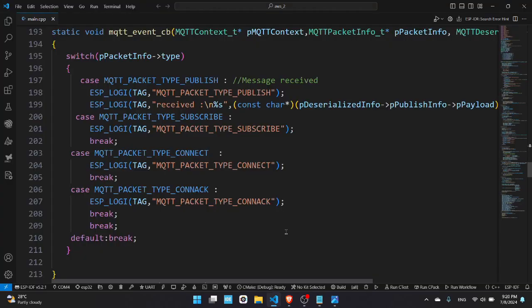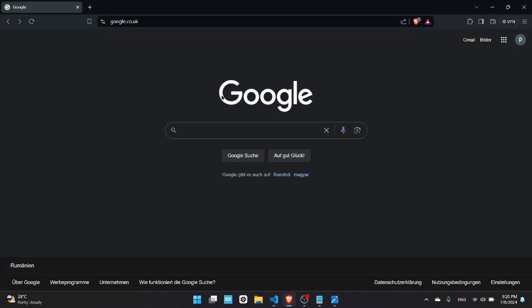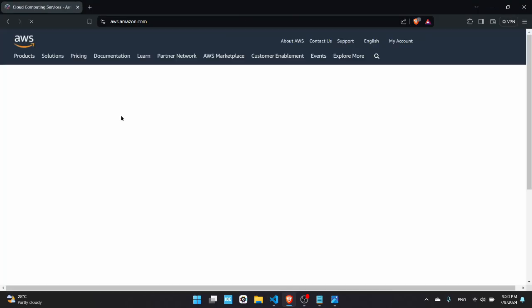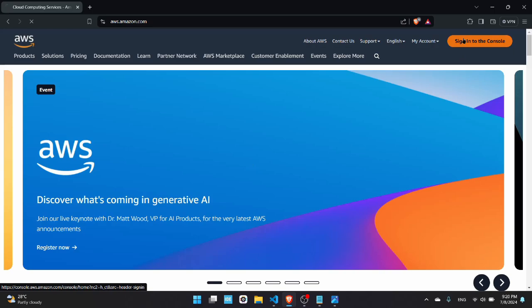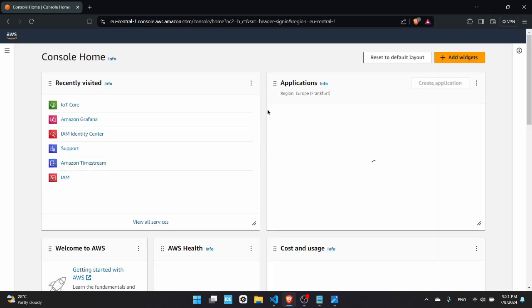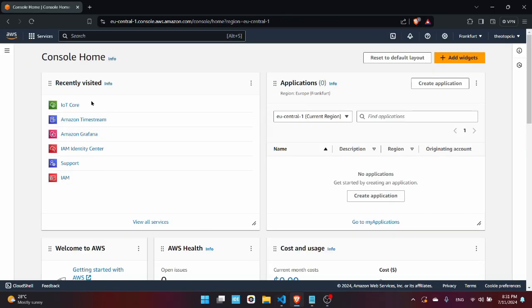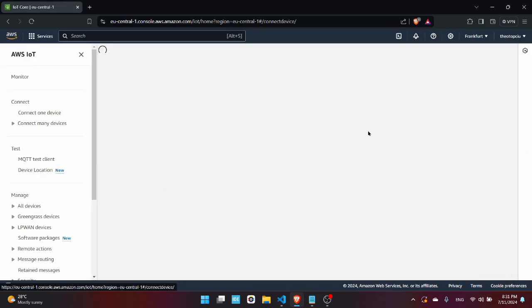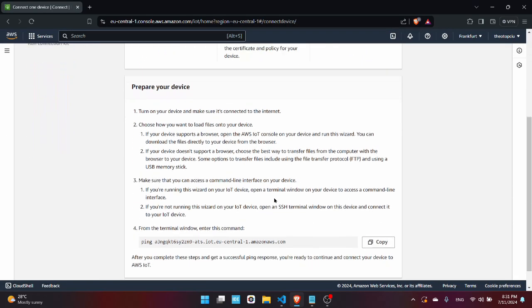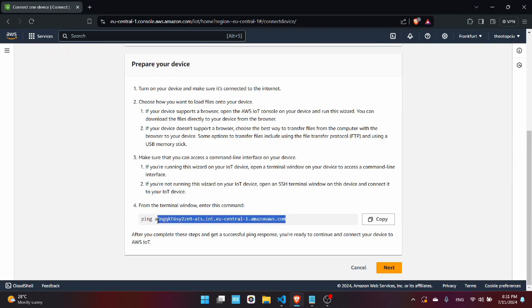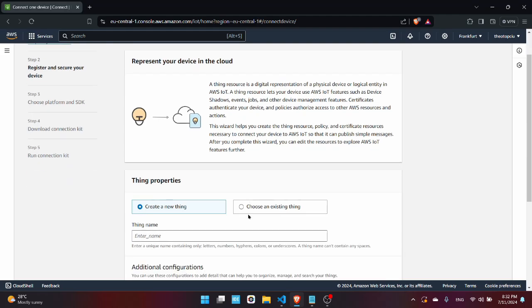In order to connect the ESP module to AWS services, you'll need some certificates and a private key. You can get them by creating a thing, which is just a software instance of our hardware. So go to AWS website, press the first link, press sign into console, go to IoT core, then connect device, then make sure you copy this endpoint which represents the address of the AWS server,